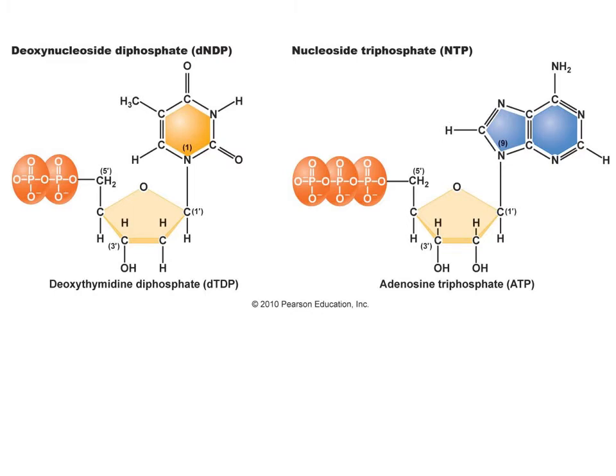The 4' carbon is not numbered here, but it's the next one in sequence. And then you will see the 5' carbon sticking up off this pentagon. And it is to the 5' carbon that these 3 phosphate groups are attached. The most important carbons for you are the 5' and the 3', and that's going to become very clear here